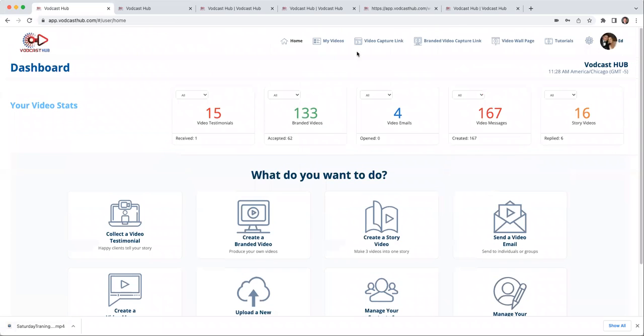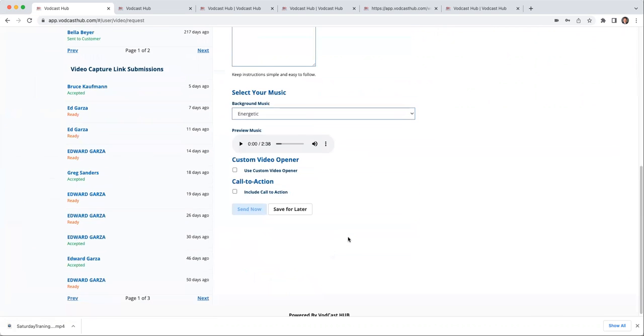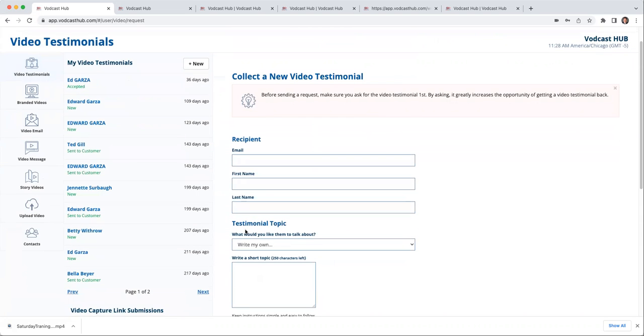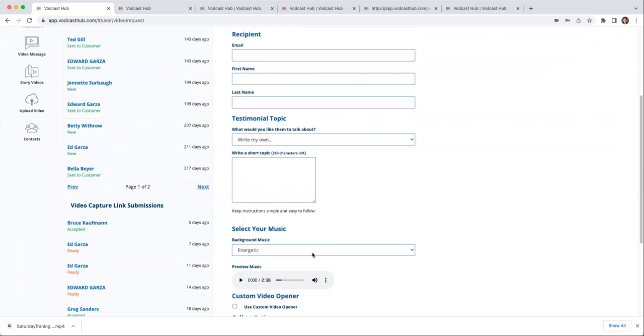Now, the other thing I want to talk about is there are two sections of links here, so you're not confused. You have the video capture link here, and you have a customer testimonial video request here. Now, if I do this, I could send somebody an email requesting a video testimonial. This is probably only good